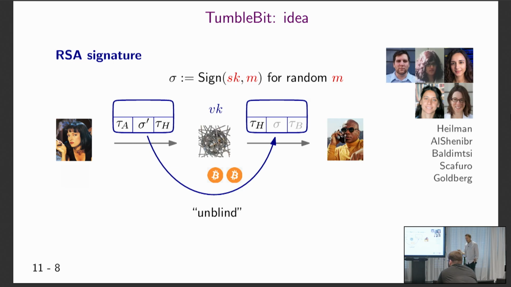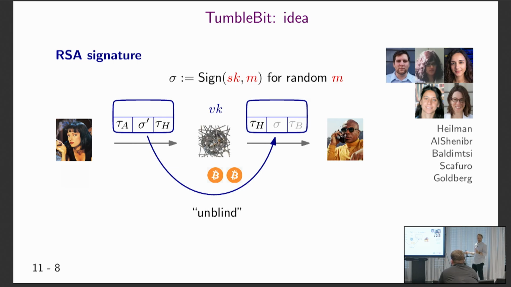What's the problem with this? Yes? Is it important who samples the message? Well, in this, what they do is actually not really an RSA signature, but they don't hash the message. So if Bob sampled the message as an image of something he knows, he would also know the preimage. That's why in their protocol it's important that the hub samples it.